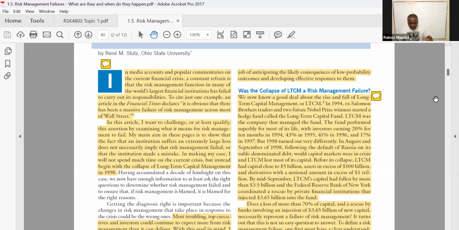So the reason why I'm going through this case study with you is mainly because in trying to explain the risk management failures as well, they chose LTCM as a case study and used LTCM to explain risk management failures. Because of this, that's why you see that I'm going through this with you, which means that after understanding the roles and responsibility of risk managers, after understanding the 5 risk management failures, that's when you can now be